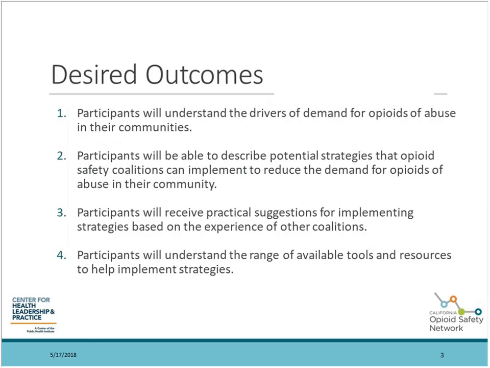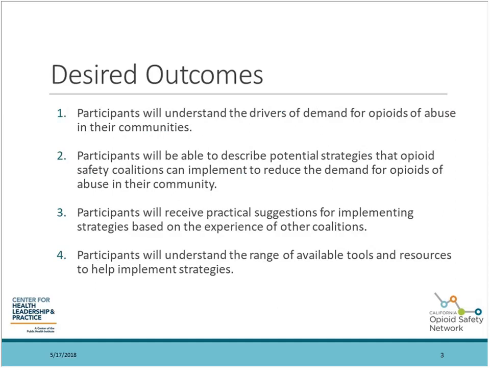The goal for today's webinar is to introduce you to a series of strategies that your coalition can take to address the demand side of opioid safety. We will be providing a high-level overview as part of this core webinar. And in phase 2 of the Accelerator program, which begins in July, we will start a series of web-based discussions and calls with subject matter experts, where you'll be able to take a deeper dive into some of these strategies, talk about challenges, and exchange ideas with other coalitions.